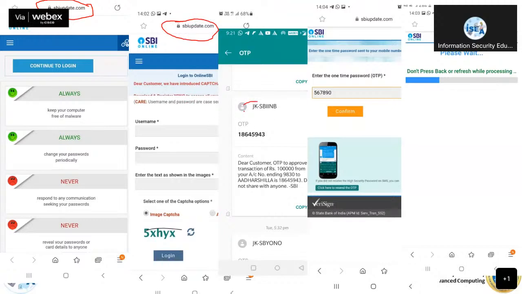Now this is a genuine message, and this is your OTP. I got this OTP, and I know that I did not initiate the transaction. I just typed some OTP, and it says please wait, because it is not the original SBI website.